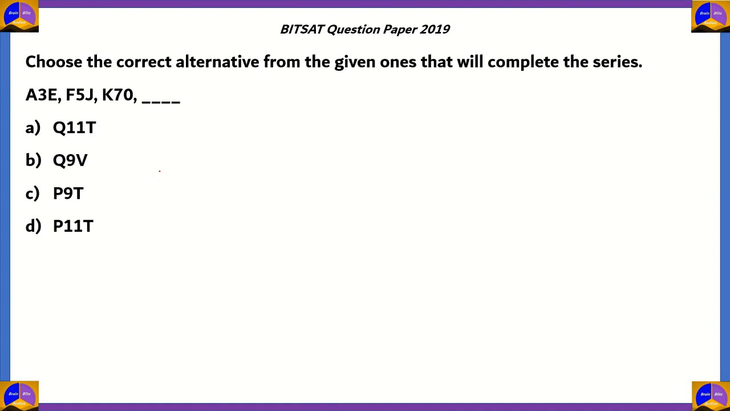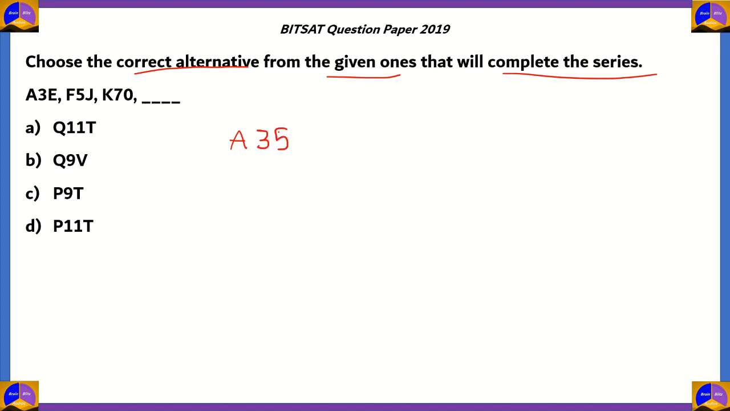Next question. We have a question on alphanumeric series. Choose the correct alternative from the given ones that will complete the series. We have A3E, F5J, K7O, and the fourth place is a blank, and we need to fill it. So, how do we solve this question? Well, first let's look at the relation between the given